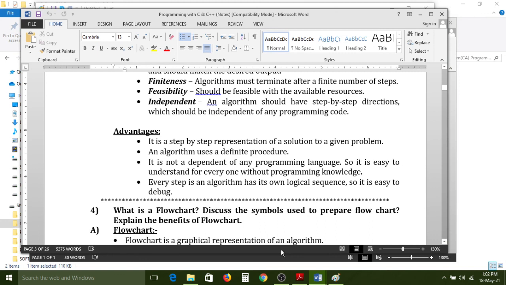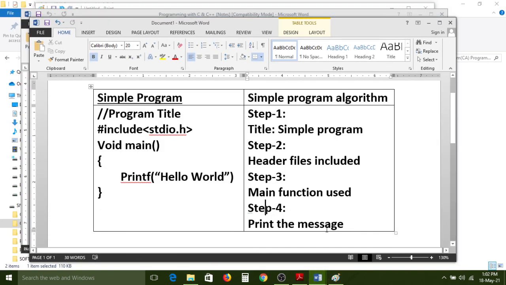Next, every step in an algorithm has its own logical sequence, so it is easy to debug. Here debugging is also very easy. For example, in step 3, the main function is used. Instead of this function, the client may want their own function to be used. So the client can recommend that sometimes, and you need to change that also. Because whatever requirement the client has, we need to support it, because the client is the owner, the root person of the project.